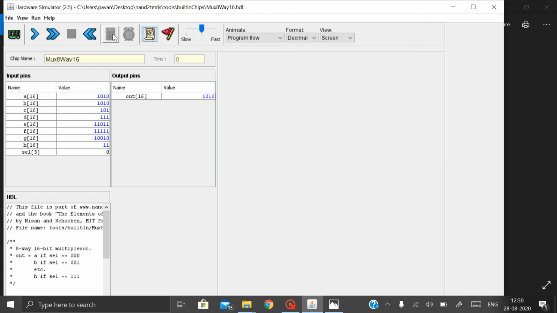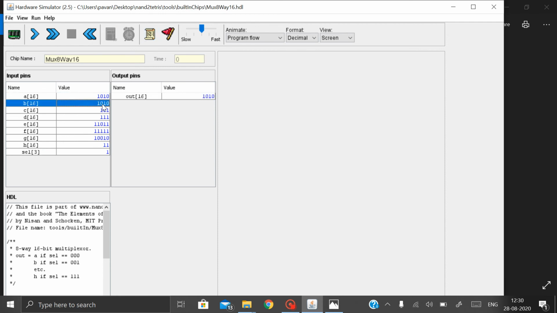Let us run this. You can see here, as I gave the selection input as 0, it gives the input of the first input, which is 1 0 1 0, as output 1 0 1 0. Now if I change this to 1, you can see it gives the input of the second one, I think, right? Let us check that. Yes, this is the second input.